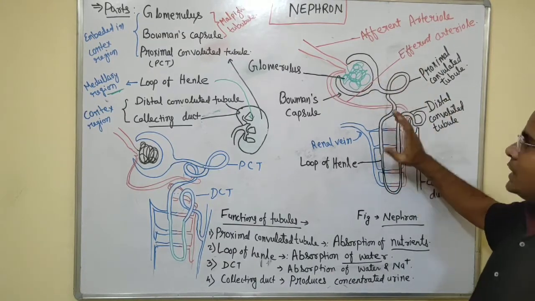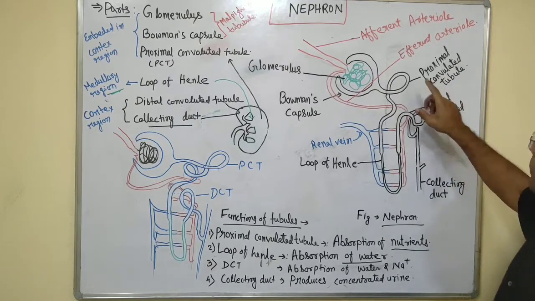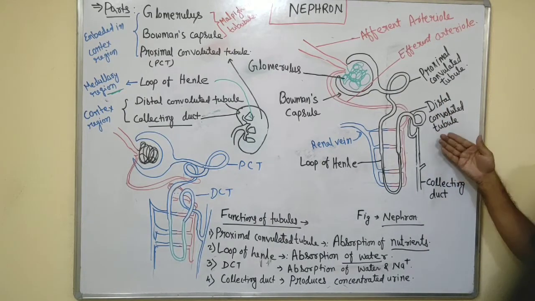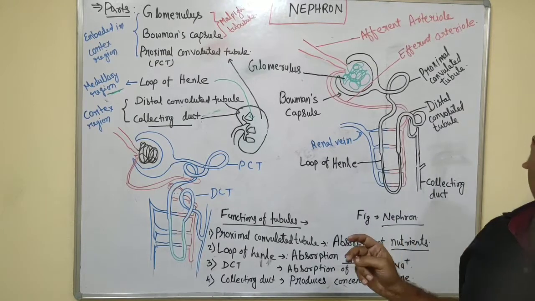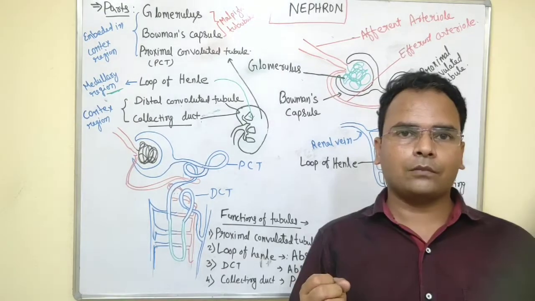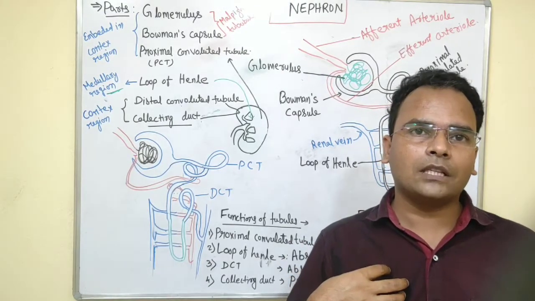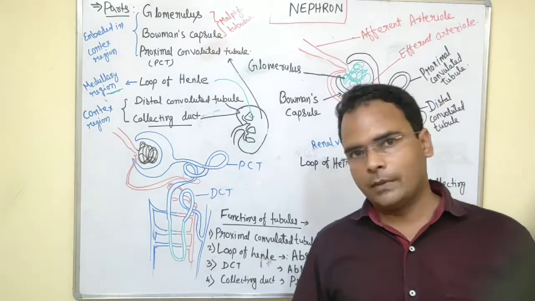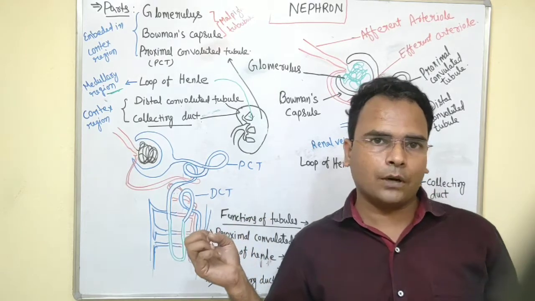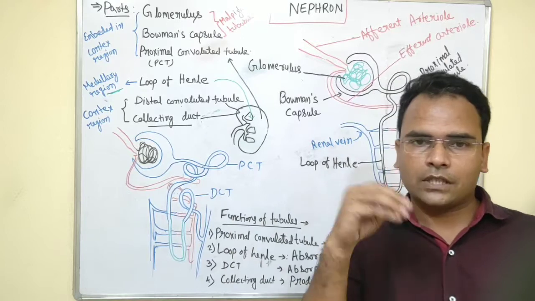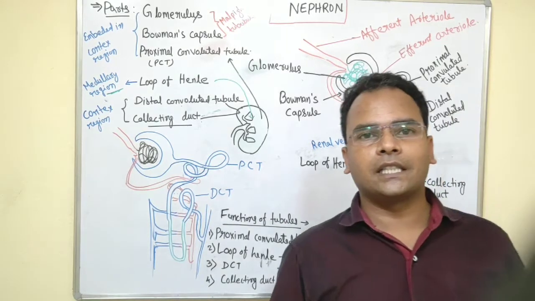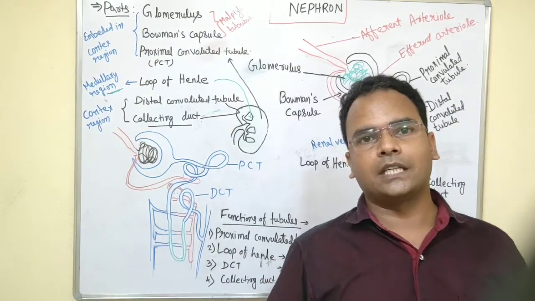The tubular part can be divided into proximal and distal parts. This distal convoluted tubule again opens into the collecting duct, where the concentration of urine will be decided, and the urine will be concentrated because of the reabsorption of water. If a surplus amount of water is available, then our urine will be diluted. If less water is there, the maximum portion of the water will be reabsorbed, and only the nitrogenous waste will be kept out and released. So our urine will be more concentrated, with more urea present there.